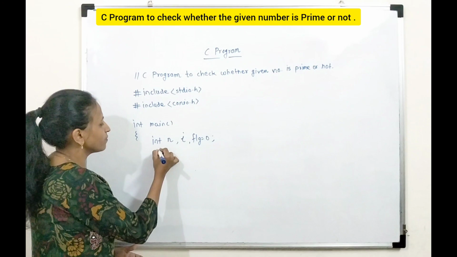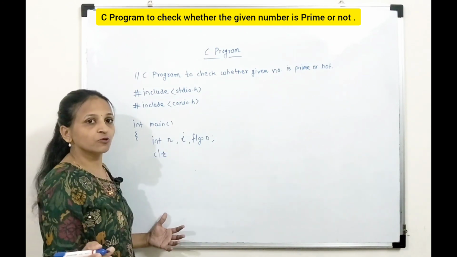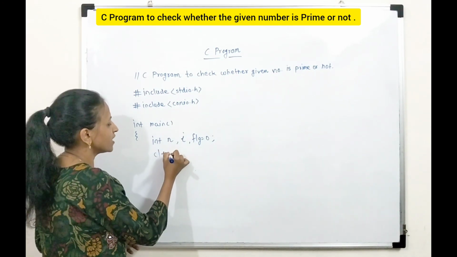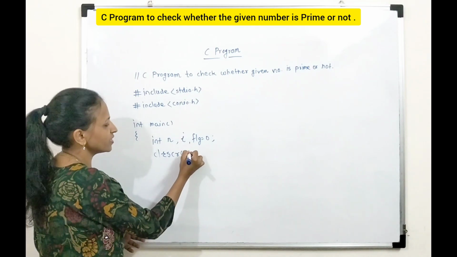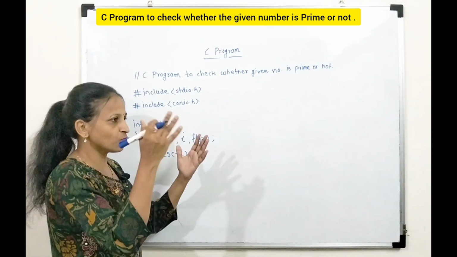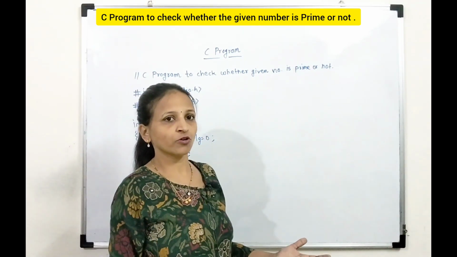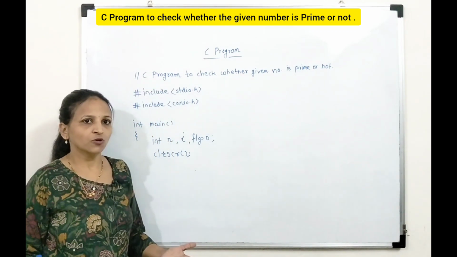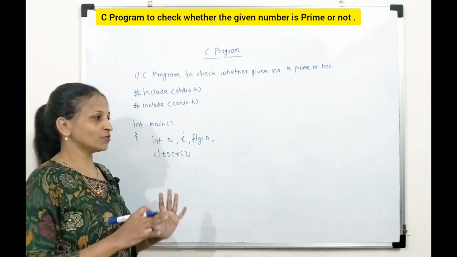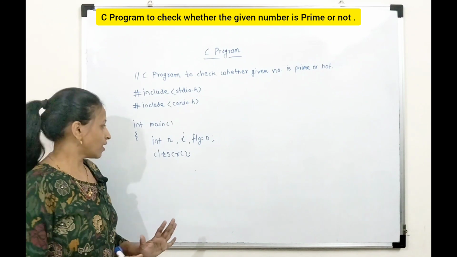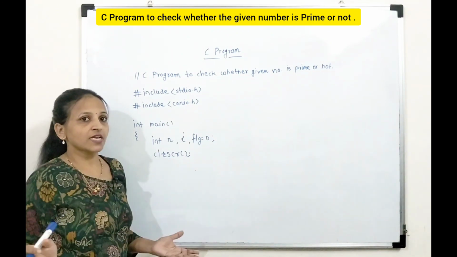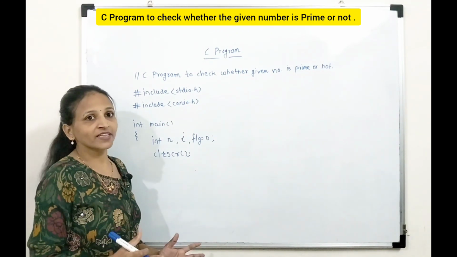Okay, but here I am just considering that you are using Turbo C, and for that we have to use the clrscr function. This is to clear the output screen. If any output is there from a previous run on the output screen, that should be cleared, so that you will get fresh output of this new program. Now next is, see, we have to just accept that number from the user, and for that first we have to